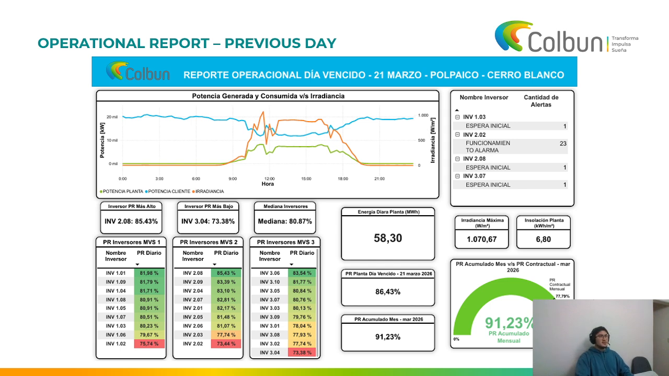The PR compares the actual energy produced with the expected energy, so it allows evaluating the real performance of the plant independently of weather conditions. On the top right, there is a table of inverter alarms to detect the faults. Left below, we have the key indicators such as the best and worst inverters and the performance values, like the median. And there is also a gauge that compares